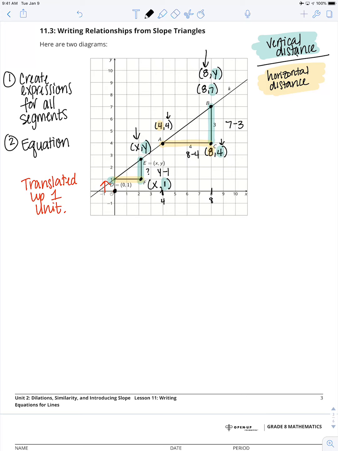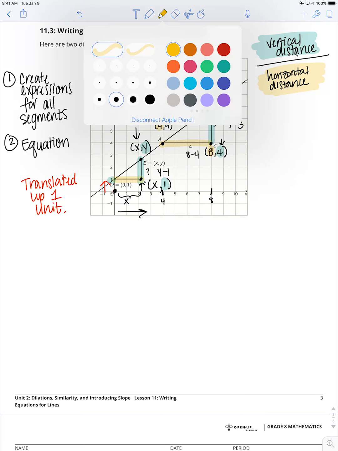We've actually already labeled F as x1, but the triangle did not get shifted over this way at all. So I really don't have to consider any other distances other than the fact is if I knew what this point was, that would essentially be the side length of the triangle. So I'm going to just call that x, because I'm not really subtracting anything from it because it's not shifted over to the right. Now, if we put that in comparison to the bigger triangle, let me take a different